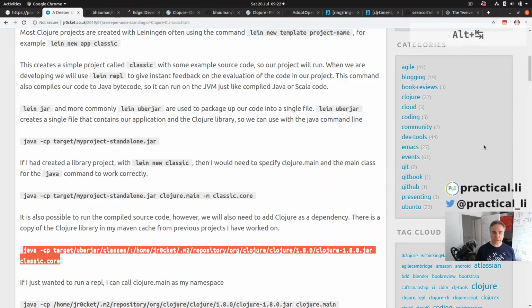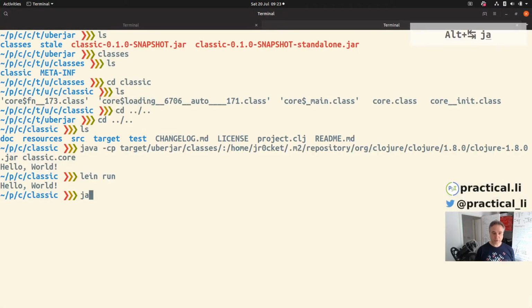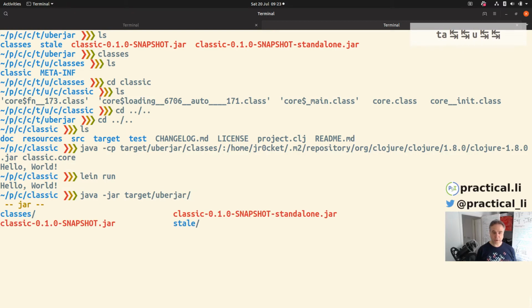And because we've got a jar file, we can also just run that jar file. So we can see here that if we use the standalone one, we don't actually need to specify Clojure because it's already there. So we do java, and then we specify a jar file that we're going to run, which is going to be in target, uberjar, and we use the classic